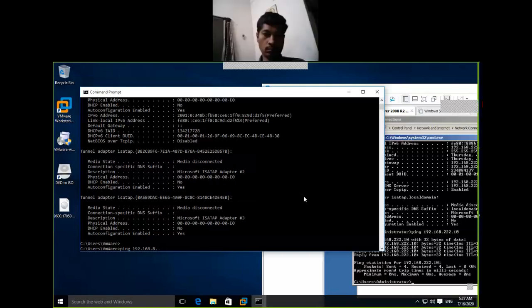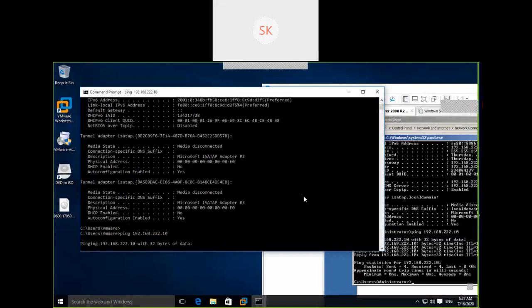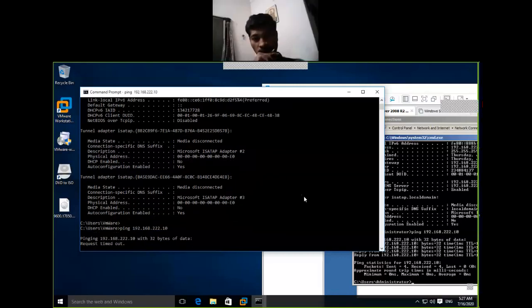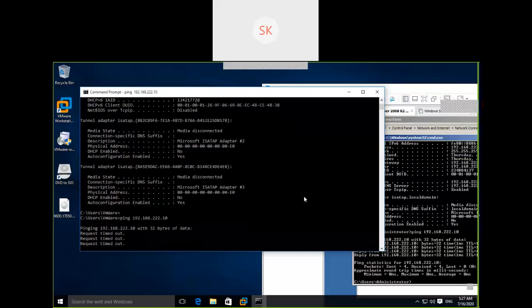Server IP I'm trying to ping, from the local machine, not from the VMware. 222.10. Yes. See here, I'm not able to communicate. Here, I need to make sure I am able to connect to the particular server which I configured.